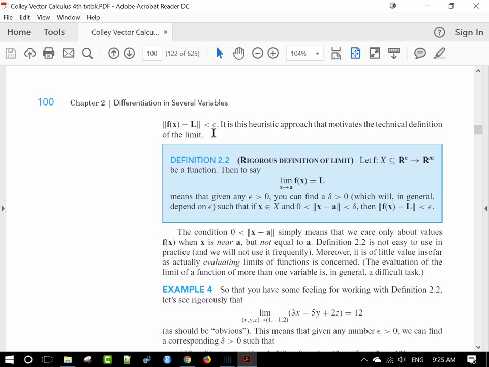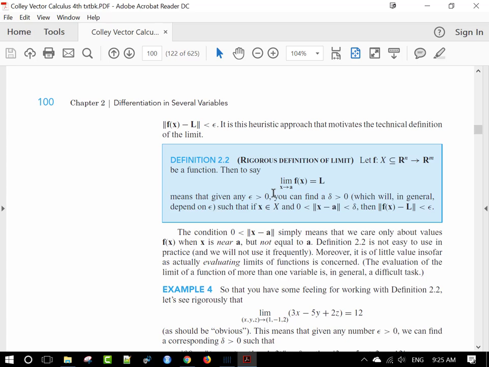It is this heuristic approach that motivates the technical definition of the limit. So here's the not intuitive definition, but the rigorous definition of the limit. So we have our function from R^n to R^m. What do we mean by the limit? Then to say that the limit as x approaches a of f equals L